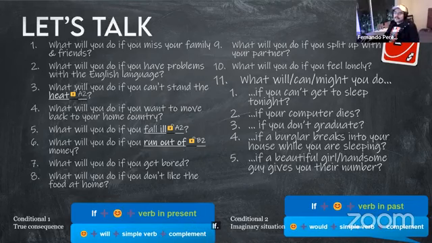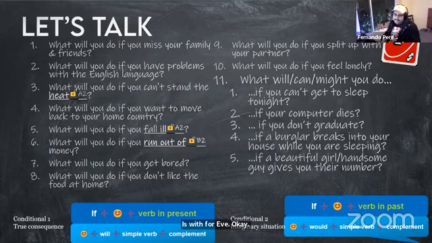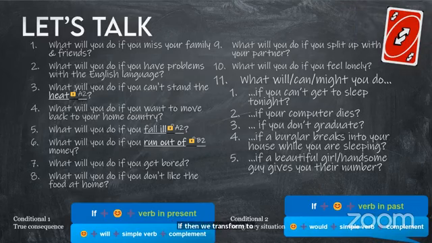Let me help you. Before you say unless, use if. Only if. And after we transform to unless. It's before if. Let's try first with if, and then we transform to unless. If I am bored,